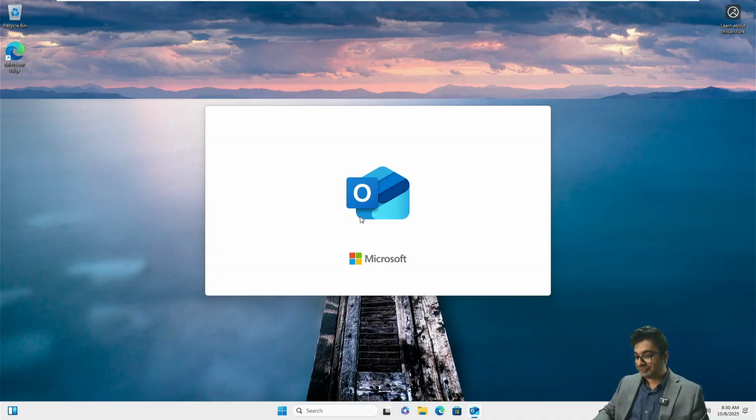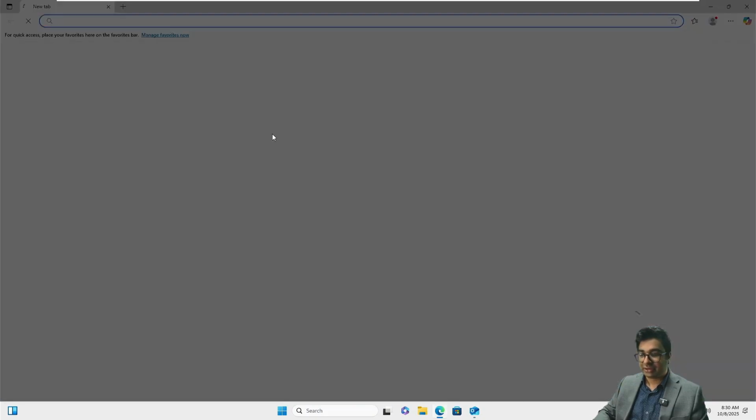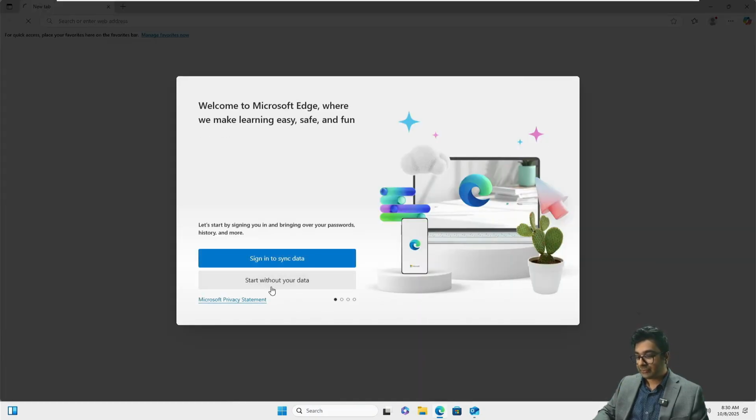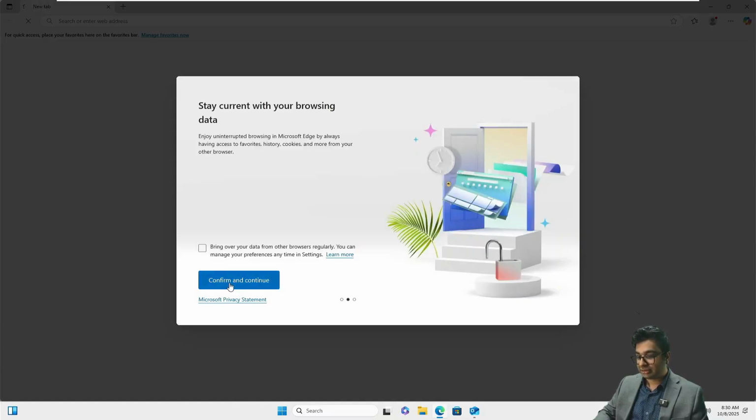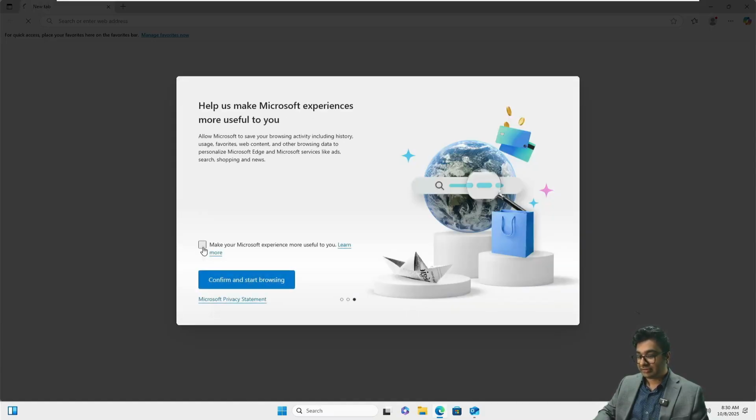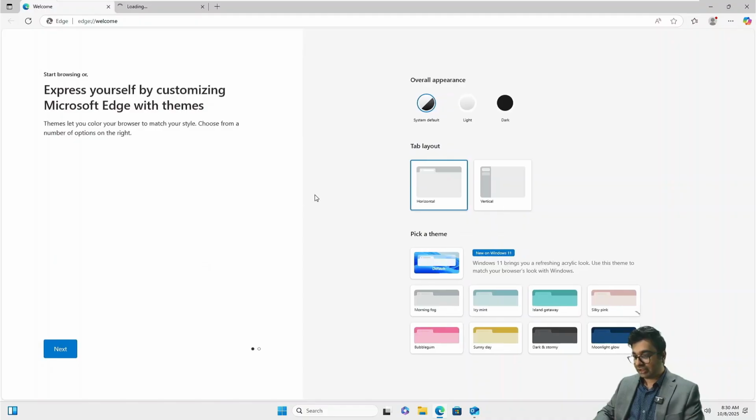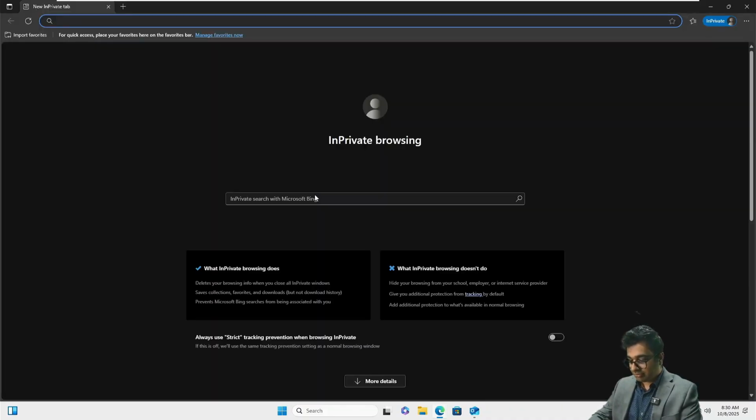So you can see this here. Right now it is taking forever, but I'm okay with it. While waiting for this, I'll go to my Edge, start without my data, confirm and continue. Yes, confirm and start browsing. And on a new incognito tab, I'll paste the same